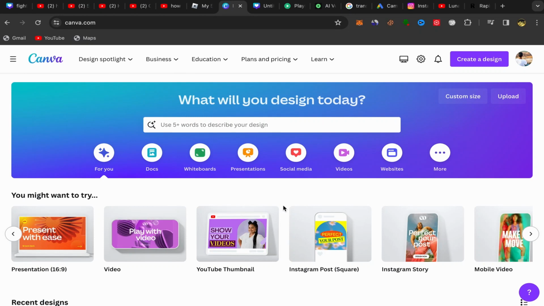I will show you step by step how you can change photo or image background on Canva just in a few minutes. So this will be an easy and quick tutorial for you guys. So let's get started. What you need to do first is go to your Canva homepage